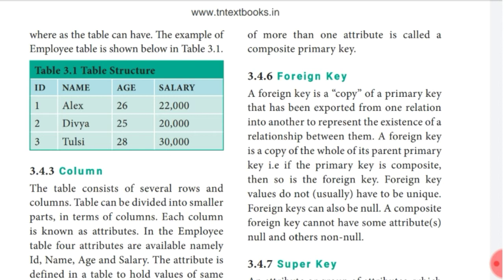Foreign key values do not usually have to be unique. Foreign keys can also be null. So note this, children: a composite foreign key cannot have some attributes null and others non-null.